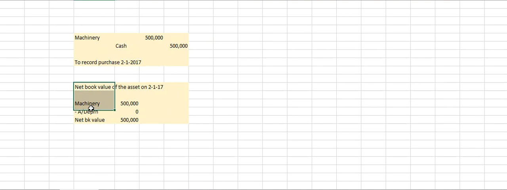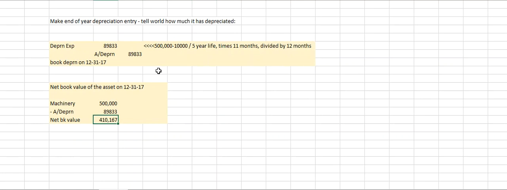And I wanted to point out here that net book value always exists. On the very day that you purchase it, it exists. We just have not taken any depreciation. And then on 12/31, we're going to go from 2/1 when we buy it to the end of the year. The only difference, you'll notice here, is instead of